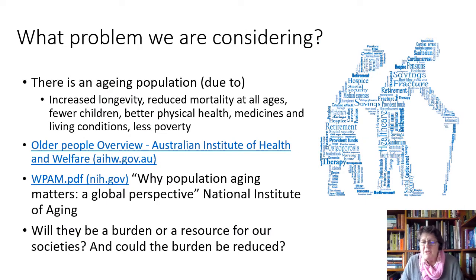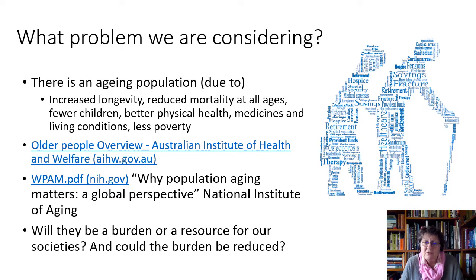The problem, what is our problem? So we have an aging population, which is not a bad thing. As someone who's slightly older, it's pretty good actually. It's nice being older. It means I'm not dead. Anyway, so why do we have an aging population? So people do live longer, reduced mortality at all ages. So children don't die. Women don't die in childbirth. Children don't die under 5. Young men don't die in wars. We don't die of dysentery and cholera, malnourishment.